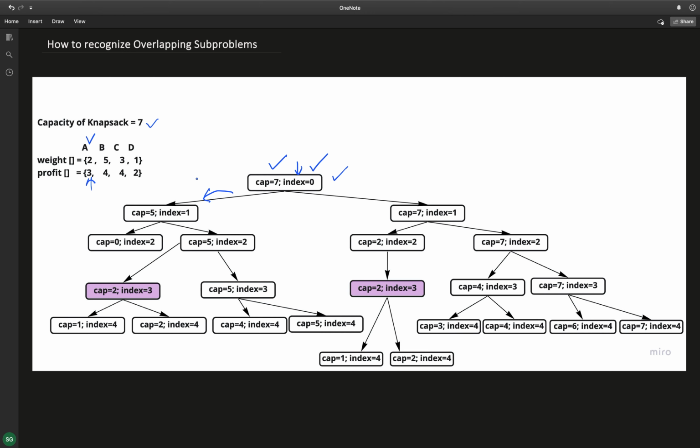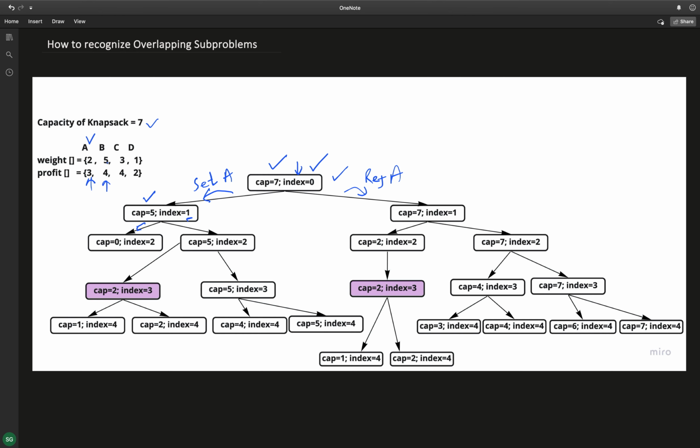Here we have selected A, and here we are rejecting A. On the right side, the recursion goes with capacity remaining the same because A is not considered, and it is called for the next index. Now, this is the initial state, and we call recursion after selecting the item at index 1, that is, here B is selected.